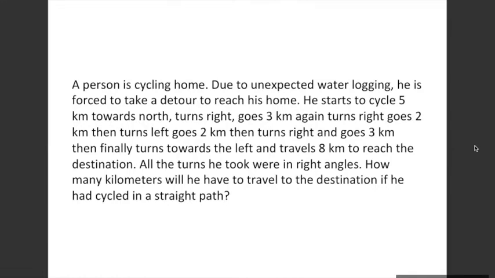We have solved these kind of questions of how a person moves when he goes north, takes a right, goes in another direction. We have solved these kind of questions earlier. Can anybody suggest? Yes, ma'am. Okay, great. I hope this is fairly easy for you. So you're given this cycling path and you have to find the total kilometers that this person would have traveled to his destination.